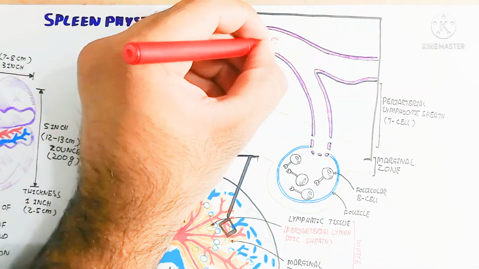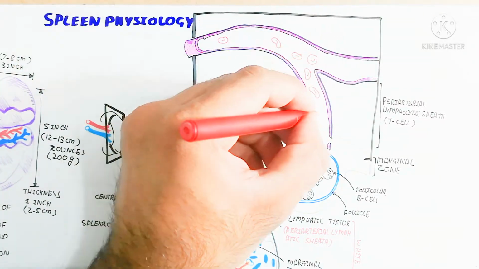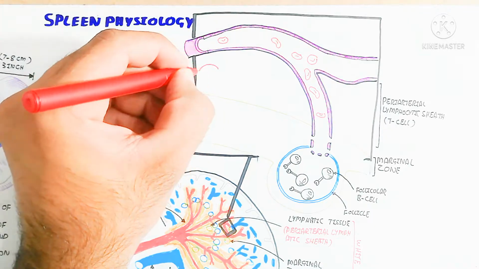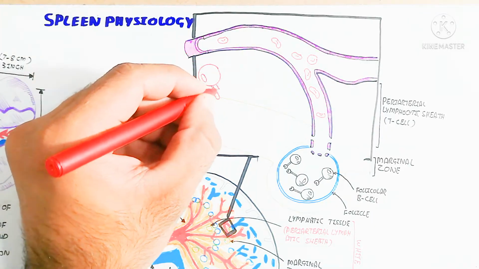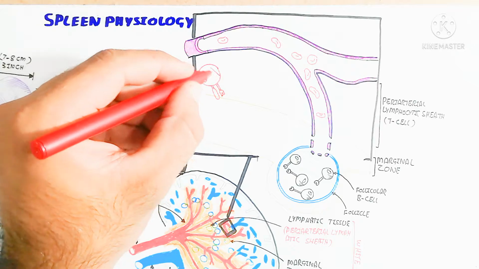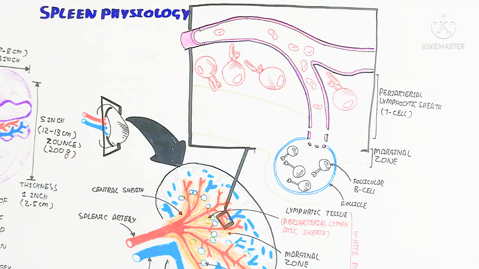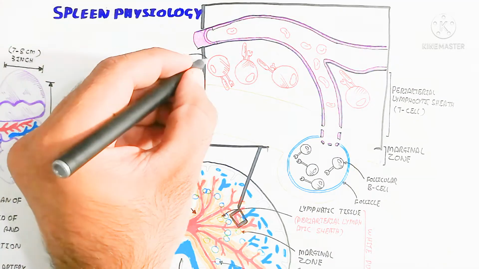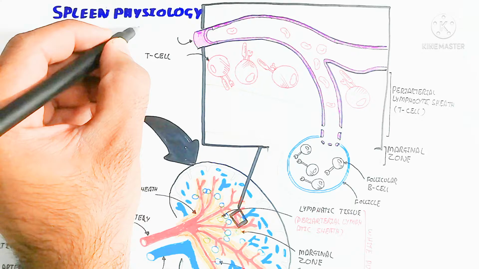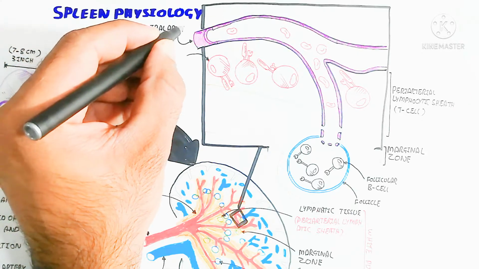So remember about that. This is the B cell, the naive B cell. It is inactive, and the naive B cell is the precursor of the B memory cell and plasma cell. So let's begin to understand. Here is the T lymphocyte, or T cell. It is also inactive, but it is activated by the dendritic cell.